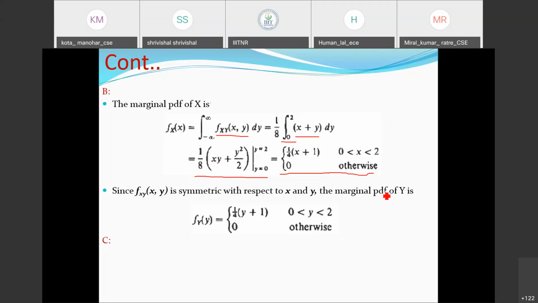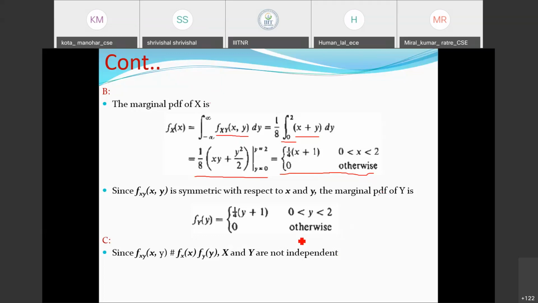Okay, I think you probably just forgot what we have discussed. So this condition was straightforward. If we are interested to check whether the function is independent in nature or not, we simply have to take the product of their marginal probability density functions. If the product of the marginal probability density functions of x and y is equal to the joint probability density function, then we say this function is independent. If this criteria is not satisfied, we conclude that this function is not independent.